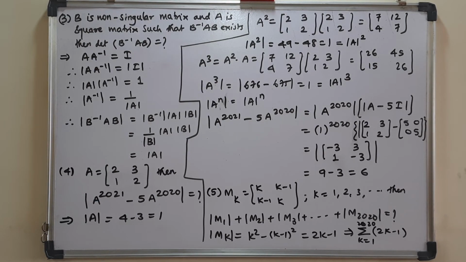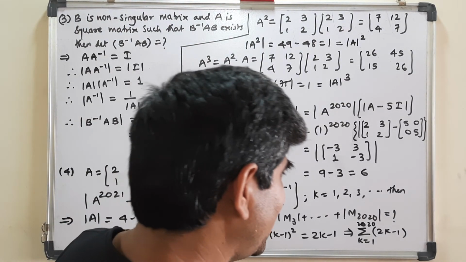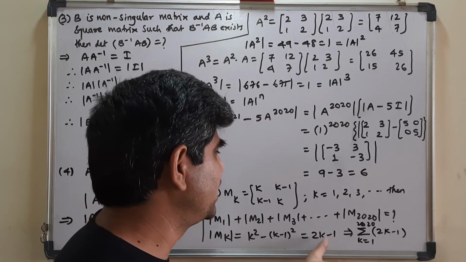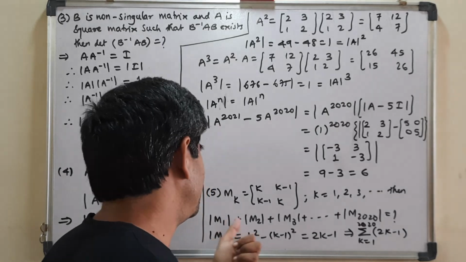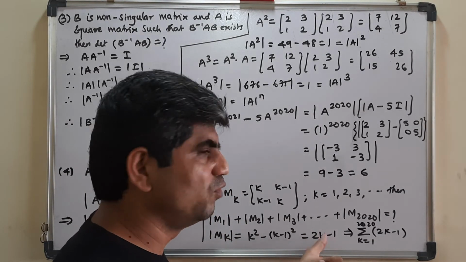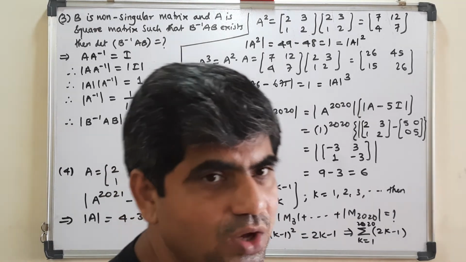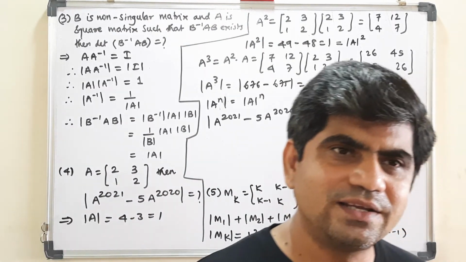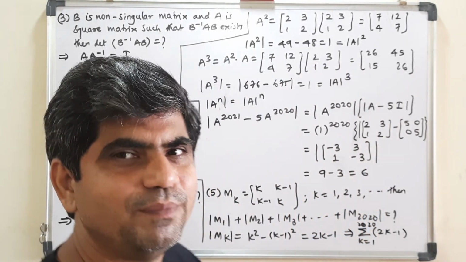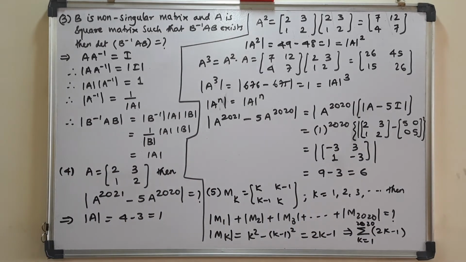Now for 2k minus 1, you just go on and get it. If you don't want to do it like this, then for M1, when you put 1, you get 2 minus 1, that is 1. When you put 2, you get 4 minus 1, that means you get the addition of 1 plus 3 plus 5 plus 7 plus 9, and it is nothing but n square, right? That will become n square.